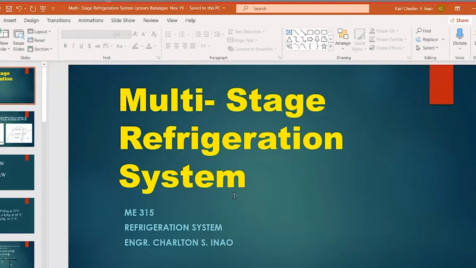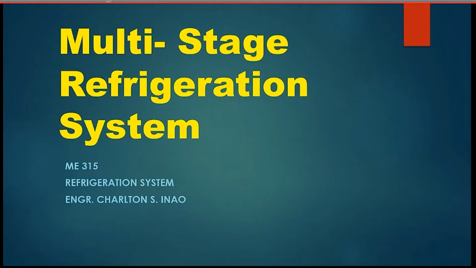So we call the system a multi-stage refrigeration system because some of its components involve more than a single unit. And what are those components that might involve more than one? We can have one compressor and then two evaporators. We can also have two compressors and one evaporator, as we have